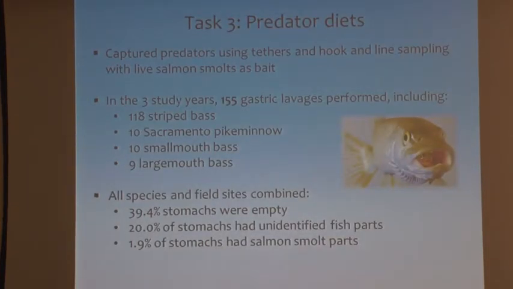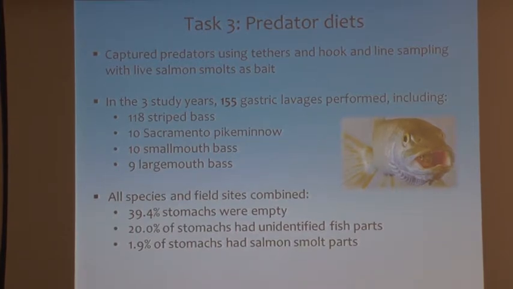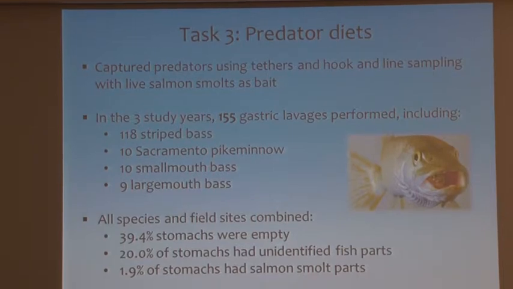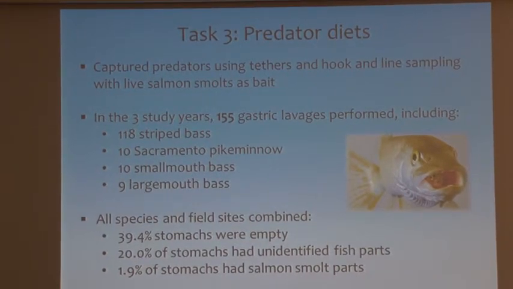So another thing that we did was try to look at the diet of predators using some tethering experiments that I think I'll cover if I remember what's in this presentation correctly, and also hook and line angling, which is a popular volunteer job around the laboratory to go out and do this. The tethers are basically little floats that are anchored on the bottom and have a hook timer and a leader coming off with a live salmon smolt on a small hook. And those were deployed for an hour. And at the end of the hour, you pick them up and see if there's a predator on the hook or if the hook has been snapped off. And then that indicates there was a predation event, or whether the smolt is still there.